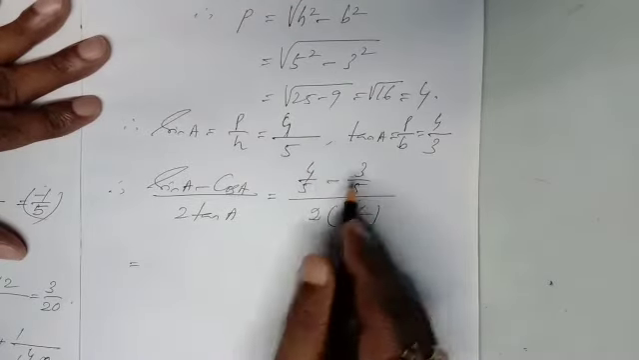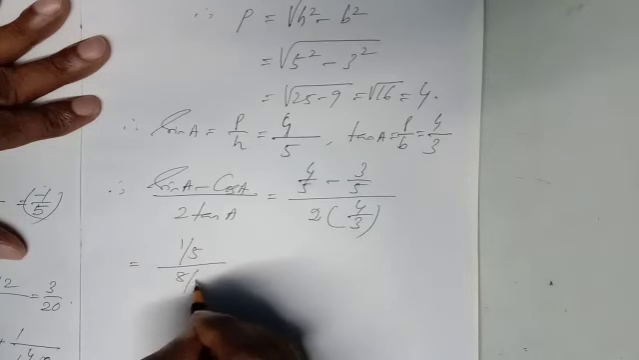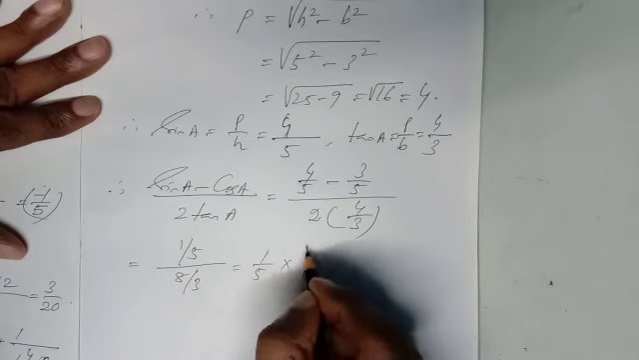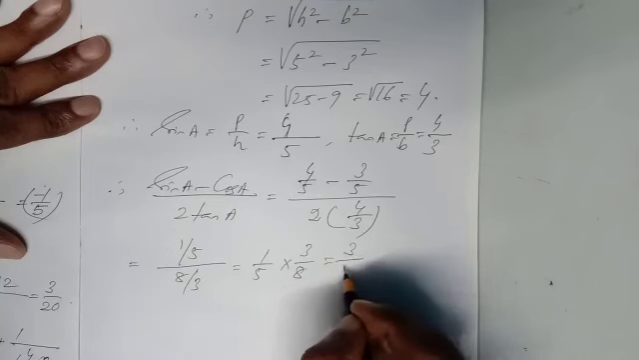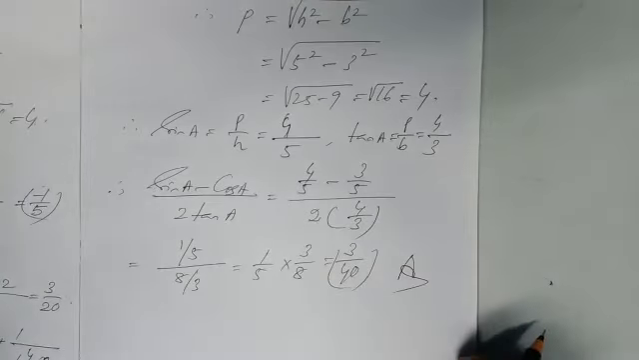Next you see how much you are getting. This will be 4 minus 3, 1 by 5. And here you got 8 by 3. That means 1 by 5 into 3 by 8, that is 3 by 40. The answer is 3 by 40. Okay. In this I completed number 31, all the 3 parts,